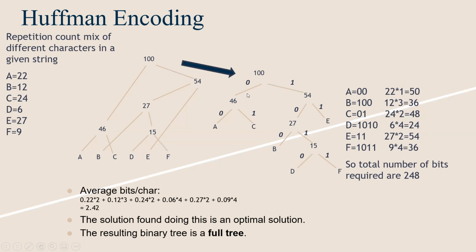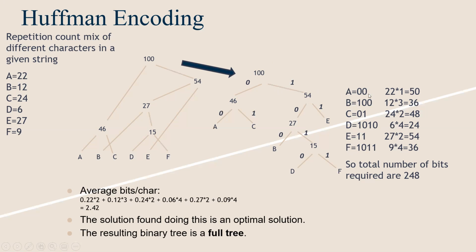So like this, after creating the Huffman tree, we will encode these 6 characters by traversing the Huffman tree, and the generated code will have 0 and 1 bits, which are placed as the left child, always left child value is the 0 and right child value is the 1. So like this, we have created all the codes of these 6 characters.